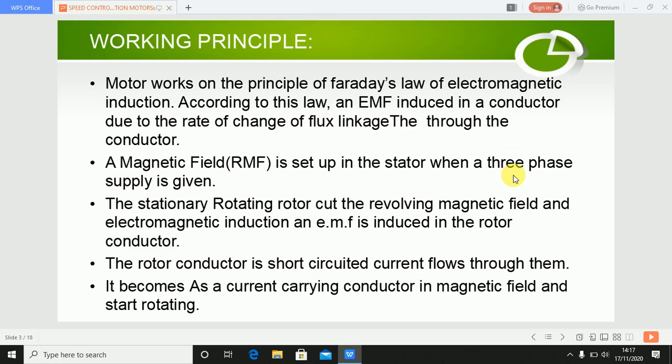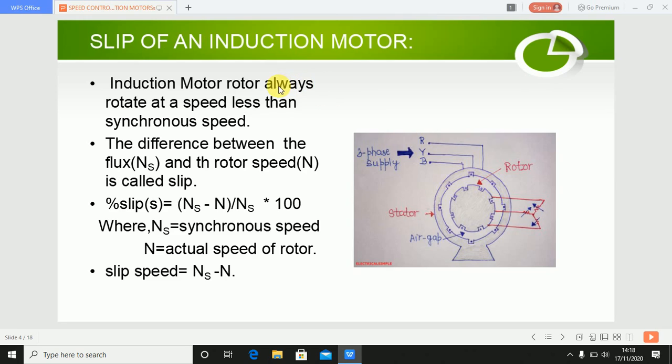Let us see the working principle. The motor works on the principle of Faraday's laws of electromagnetic induction. Initially, the rotor conductors are stationary and the magnetic field is rotating in nature, and therefore there is a change in the flux linkage, so that there is an induced current in the rotor. As we know, a current carrying conductor inside a magnetic field experiences a mechanical force, and this force causes the rotor to rotate inside the stator, and this rotor always rotates at a speed slightly less than the synchronous